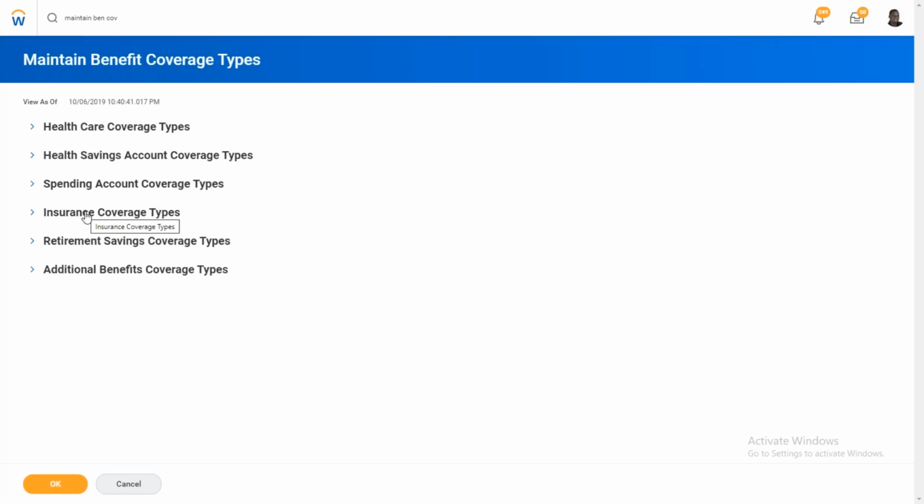One is insurance, another one is healthcare. In these 2 coverage types only can you enroll dependents. The rest of the coverage types do not allow you to enroll dependents. This one we have to remember: only healthcare and insurance allow you to enroll dependents.